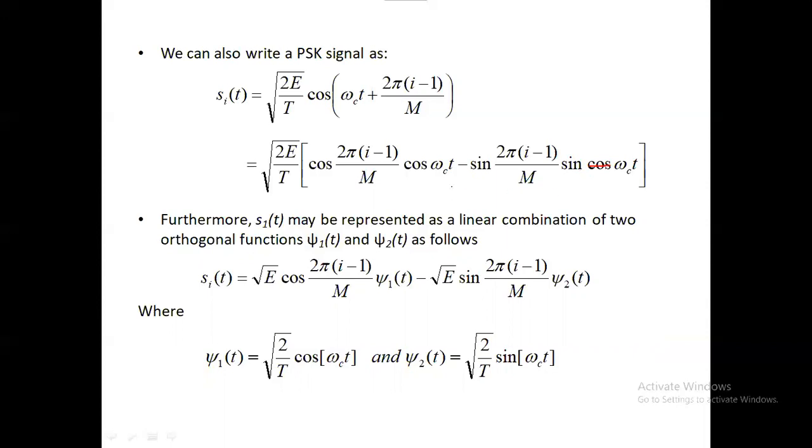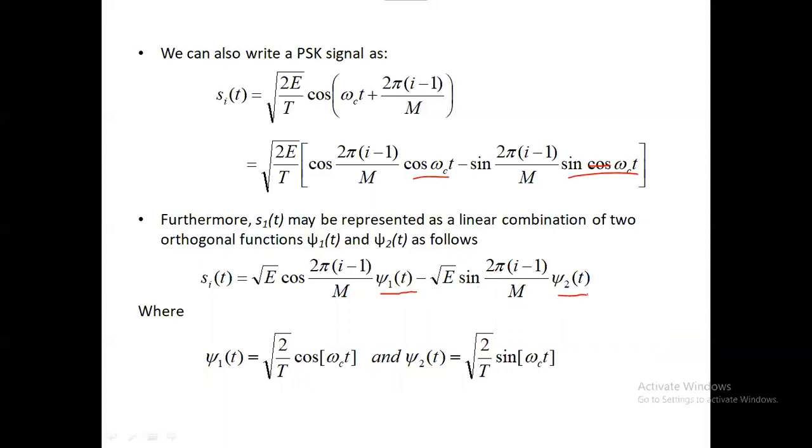So in fact, this is the in-phase component, and this sine of omega c t is the quadrature-phase component. So we have only two basis functions, phi 1 of t and phi 2 of t,